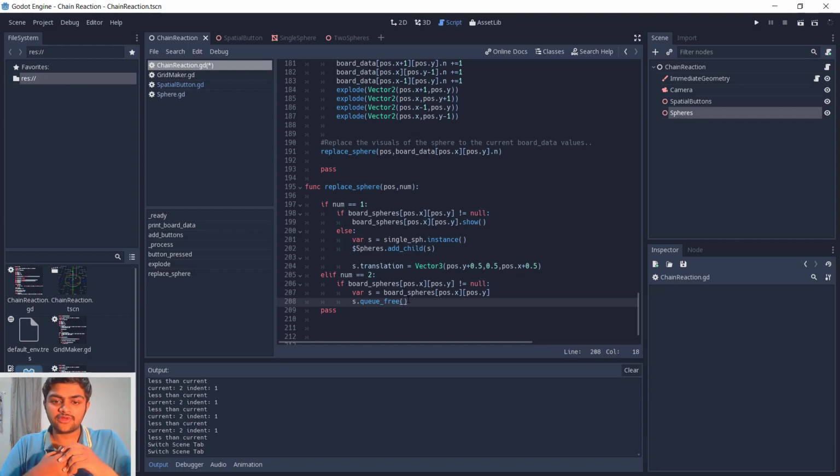So there will be a bit of performance lag, not probably a lot. I have not tested this very much, but there will be a bit of performance lag by using just the free function. If you use the queue_free function instead, and you have a bunch of objects you want to delete, it will add them to a queue and then delete them one by one. That actually saves some computing power. So when you do this, we are queuing that free, and then I'll copy the same thing and paste it over here. So now we will